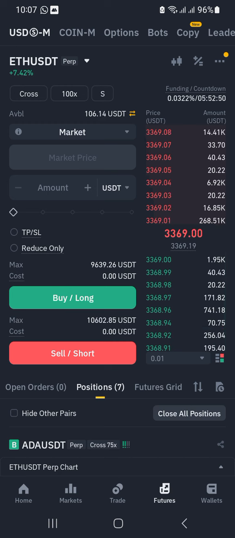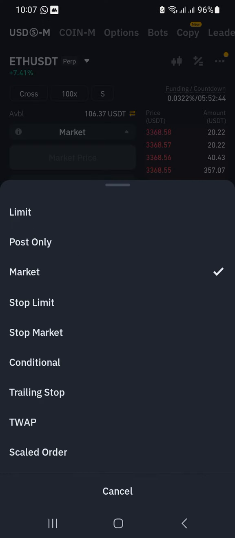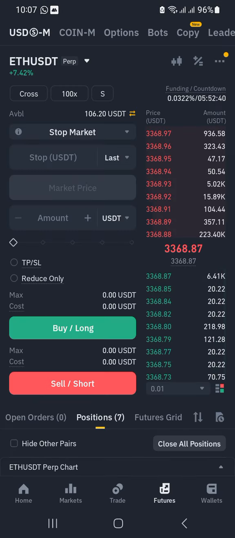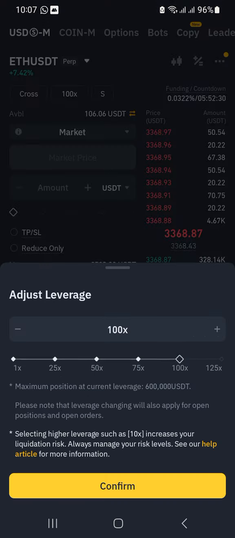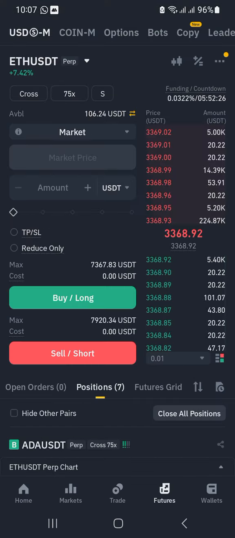So here I've selected the amount. Now we have the market type. What do I want to engage in? I want to engage in stop market type, right? So that is it. Actually, let me engage in instant market, right? For demonstration, I would just like to do my risk, my leverage,